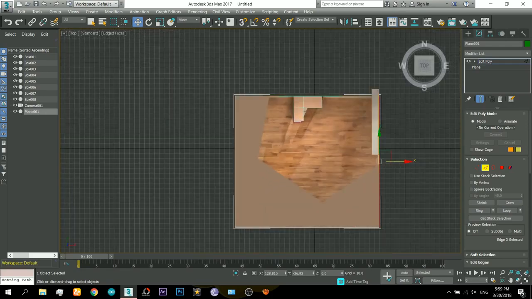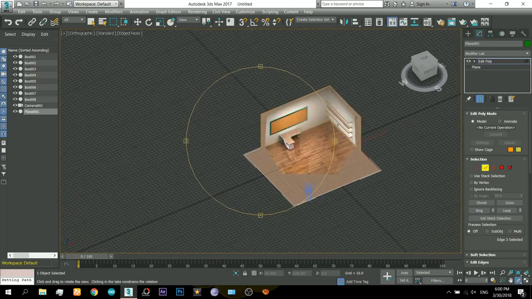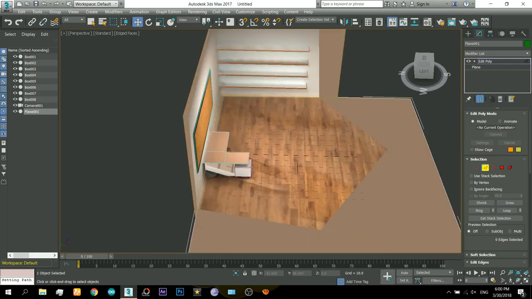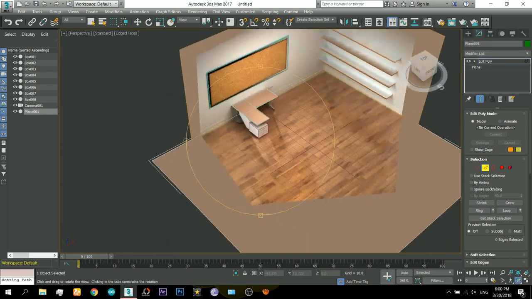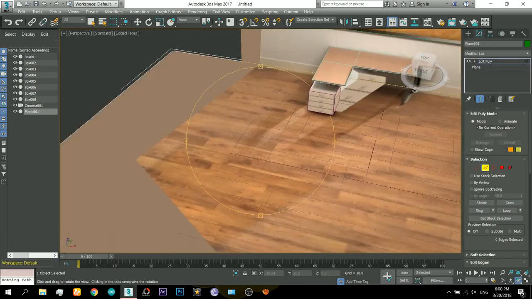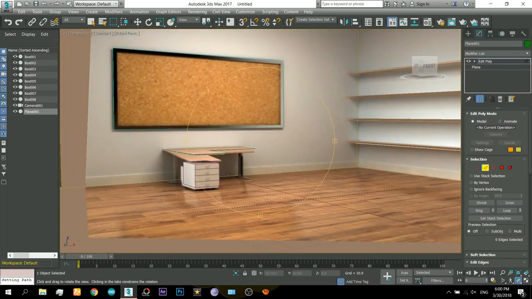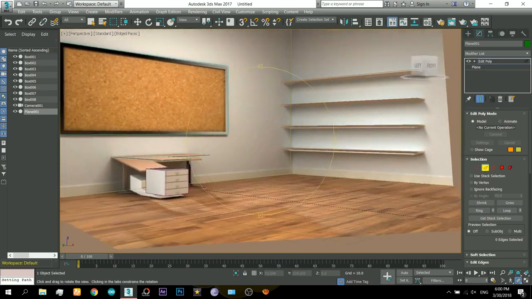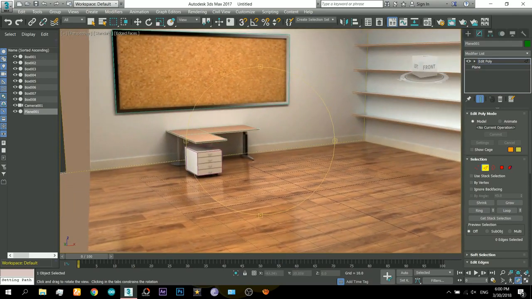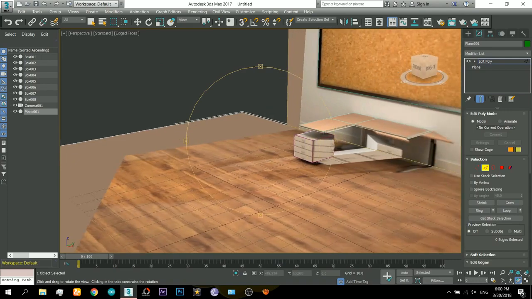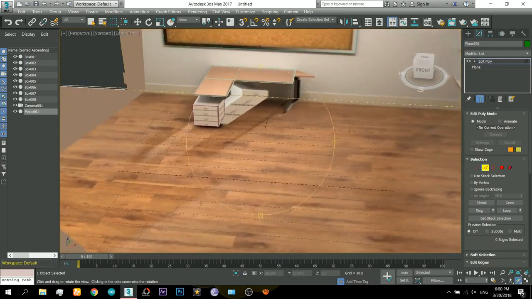Okay, now what's next? You can see there is the reflection of that drawer on the floor, which will be different from the other view. If you see from the camera point of view, it will look real, but when you look from other side, it will be distorted. So that's the problem with it,